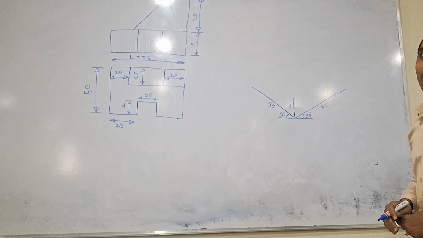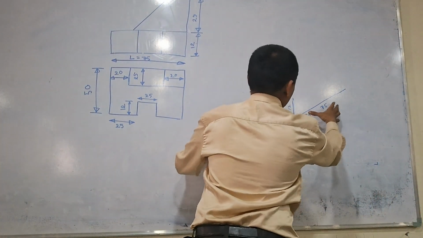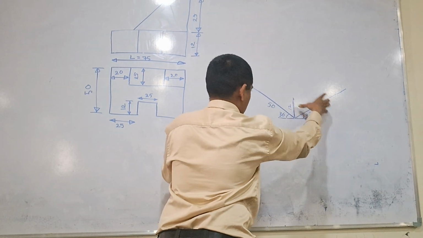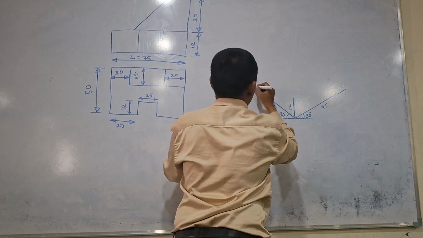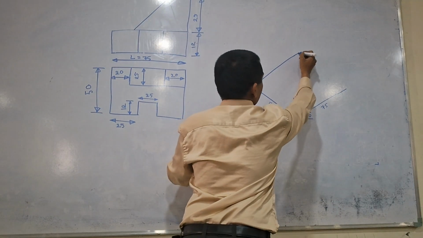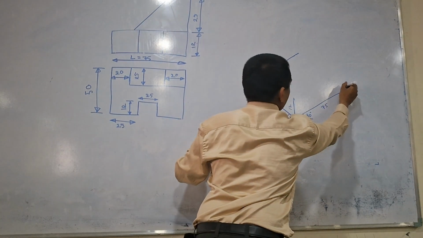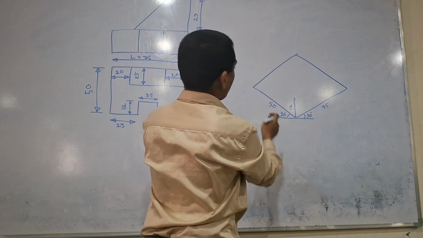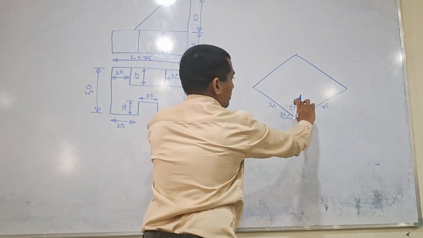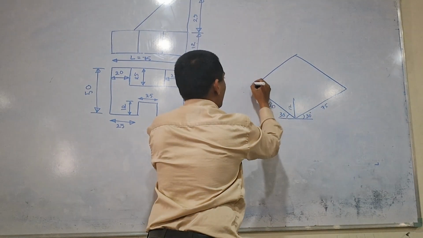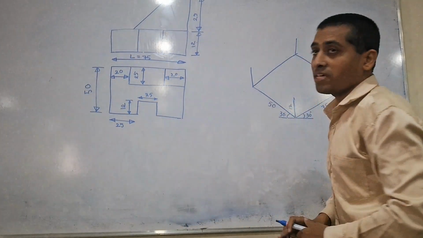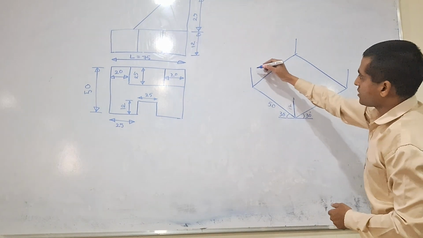Now see here, I am completing this box. So the same line I can draw here. Starting from here, I am drawing the same line, parallel to this line. Now parallel to this line, I am drawing one more line here. Both are parallel to each other. Now your 12 height is there. With the 12 height, I have drawn one more line here. I have drawn a box here, so I join this one.